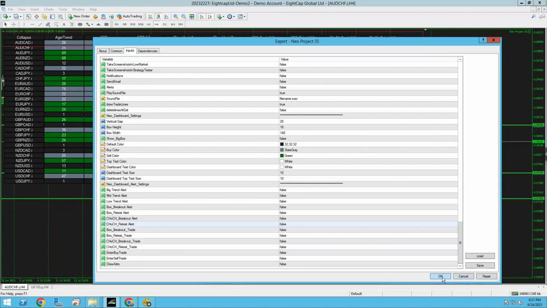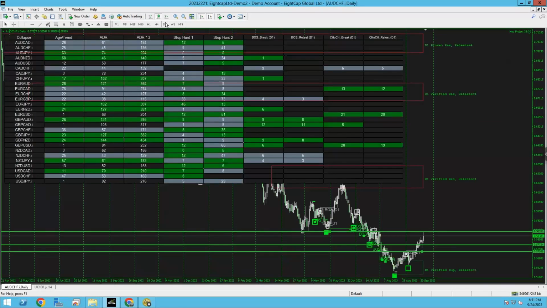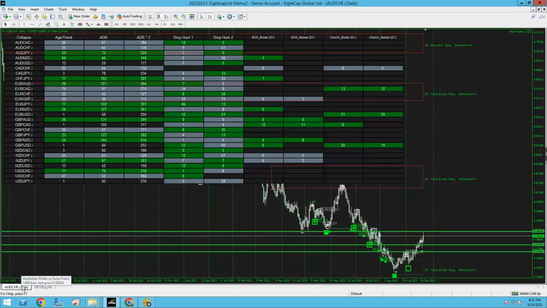After you've done that, the next thing you want to do is just leave this on the daily chart. Do not touch this chart. Open up another pair, add the Neo template to that other pair, so you'd have another one. You see how I've got another one here? Just add another one. Leave this one, do not touch it. Don't start fiddling with it, doing analysis. Like I've told you before, just leave it. All you're going to do is get alerts on all of those pairs for daily breaks of structure and all of the times an age and trend appears.